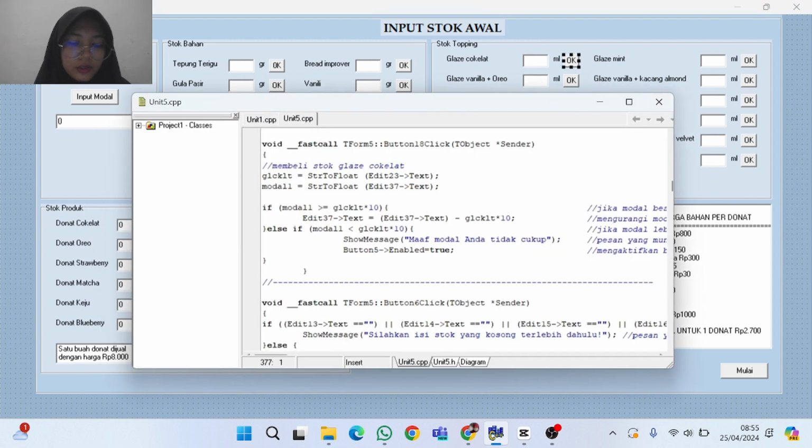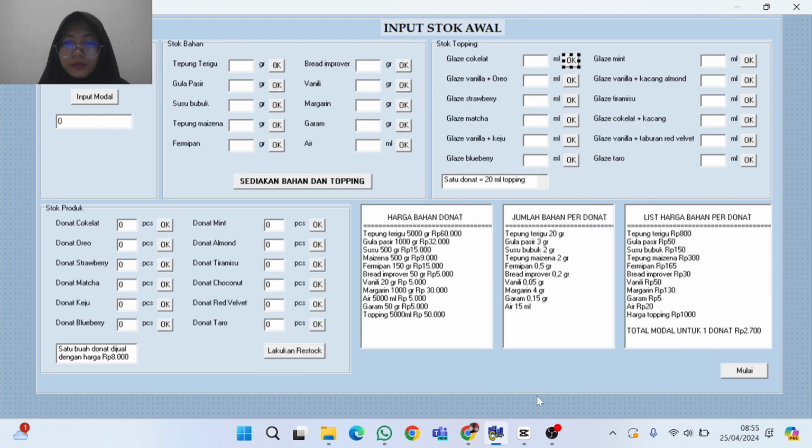Likewise, the stock of topping is more or less the same as the stock ingredient earlier. The button OK serves to buy topping stock, a button providing ingredient and toppings.